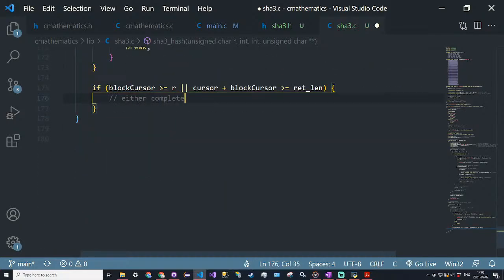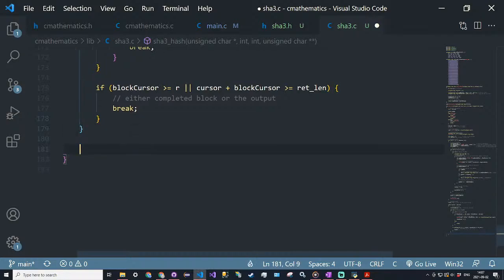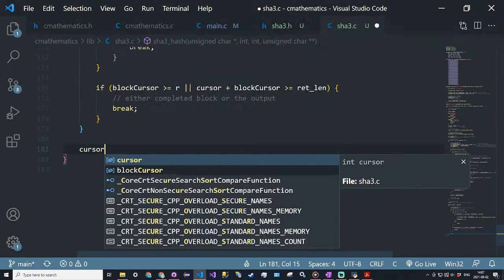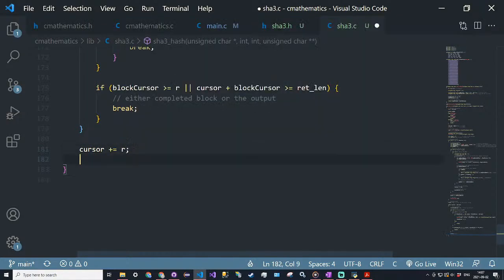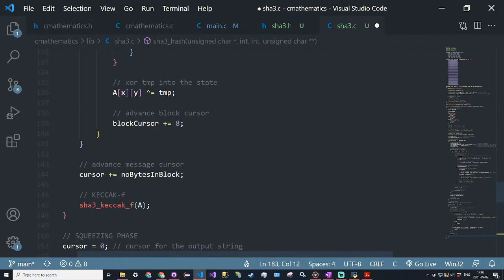And we're only going to be reading or outputting r bits at a time, which is once again the bit rate. So we're going to break out of that loop, and then after the while loop iteration, we're going to say cursor plus equals r, and then we're going to call the Keccak function,